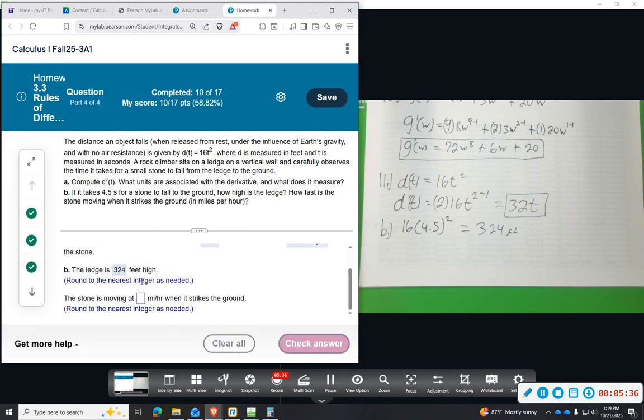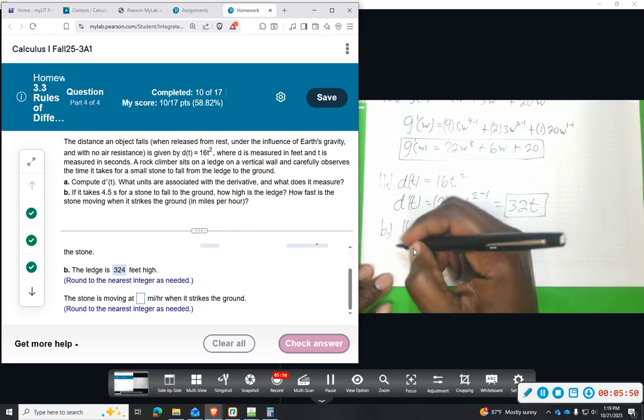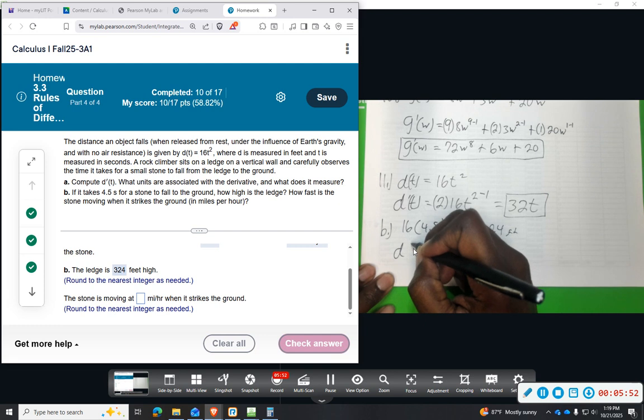And then we want to know how fast it was moving, so the velocity when it hits the ground. Once we have our derivative, it tells us the velocity. We just plug in the 4.5 to our derivative function now. So this will give us how fast it was going,